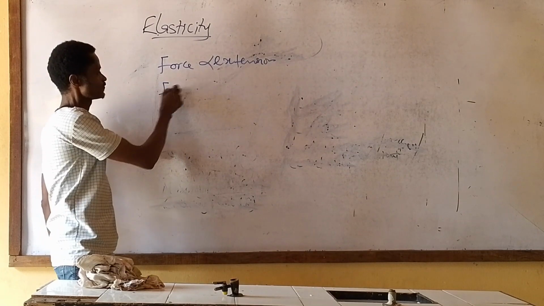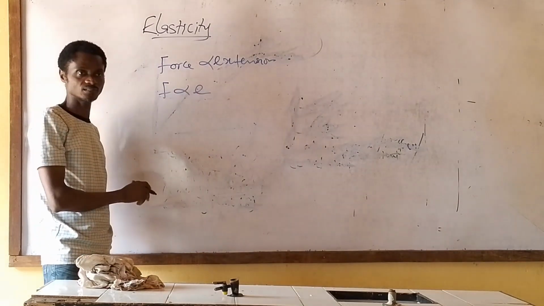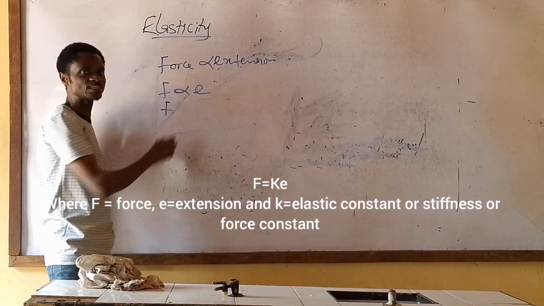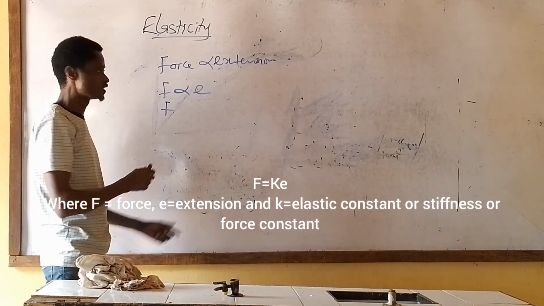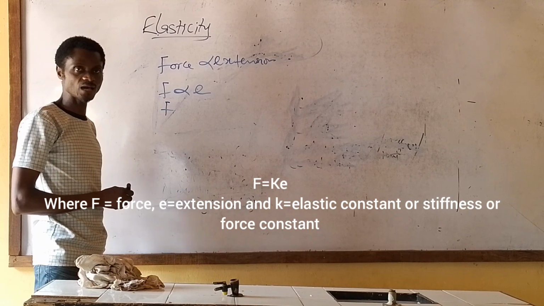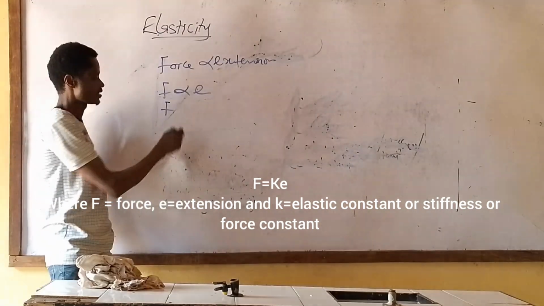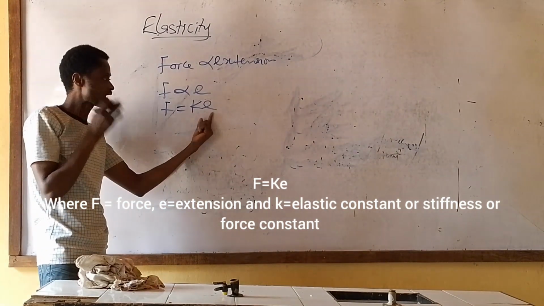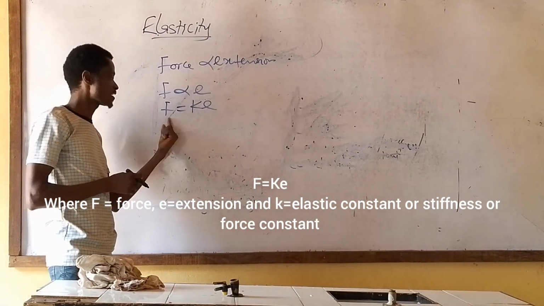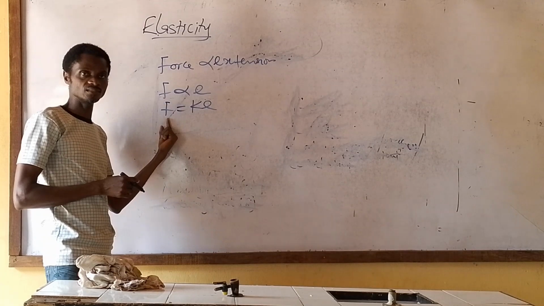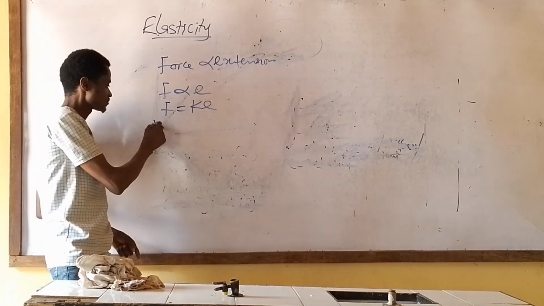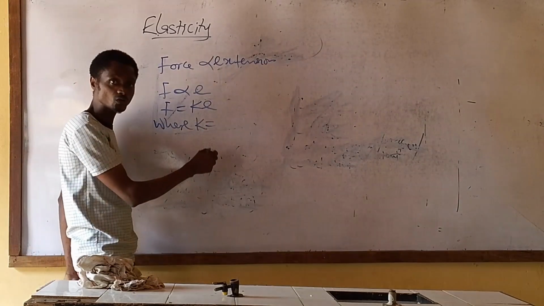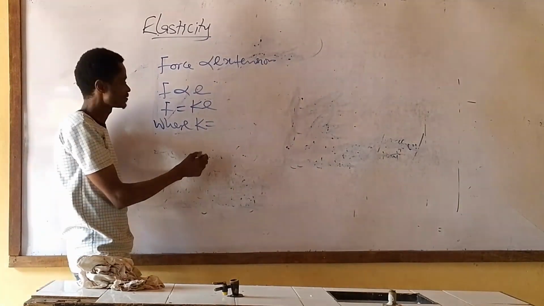Normally, F varies as E. If we remove the sign of proportionality, we introduce a constant. And what is that constant? F equals Ke. This E is the extension, while this F is the force. Then K,